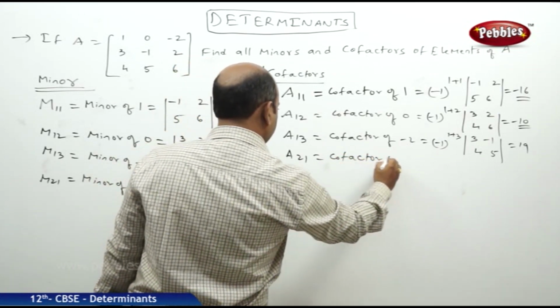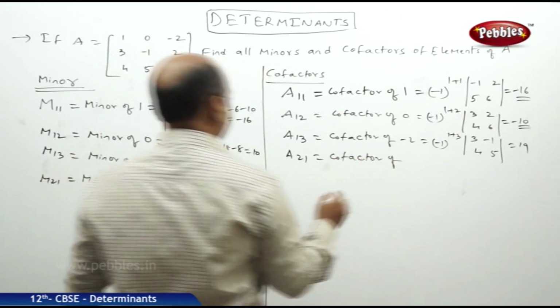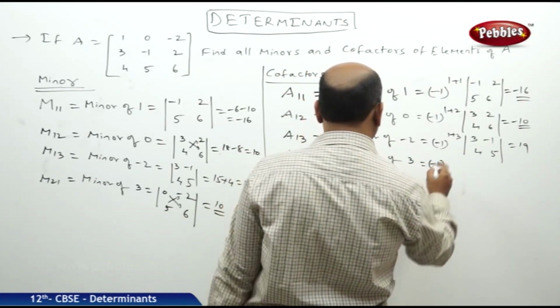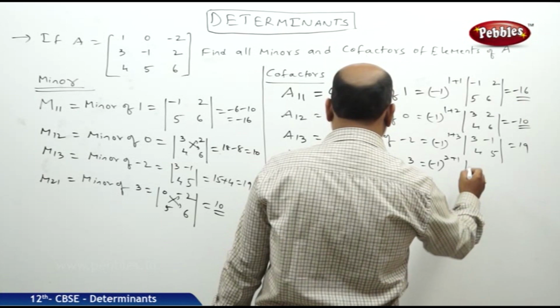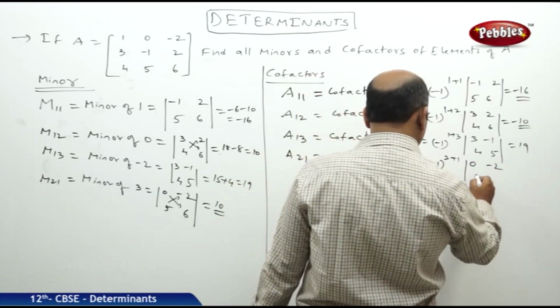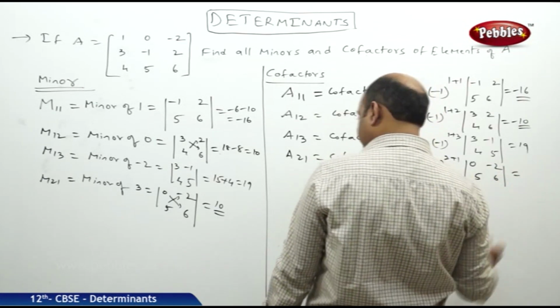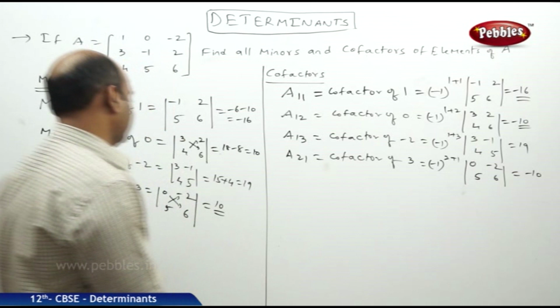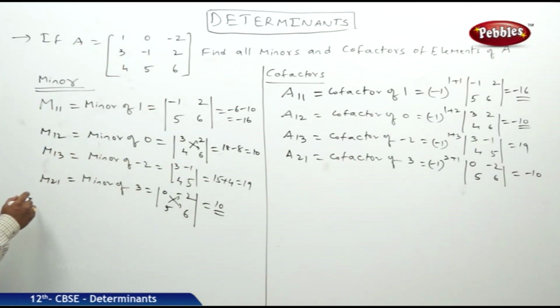So cofactor of 3. That means minus 1 whole power 2 plus 1 into its determinant 0 minus 2, 5, 6. So what happens here? It becomes minus 10. You should be very careful in calculation. So M22